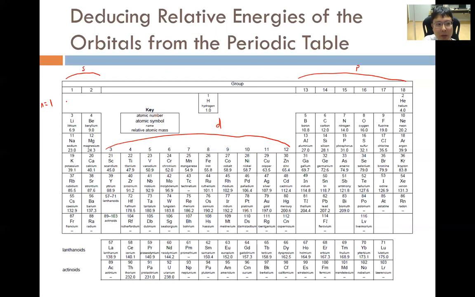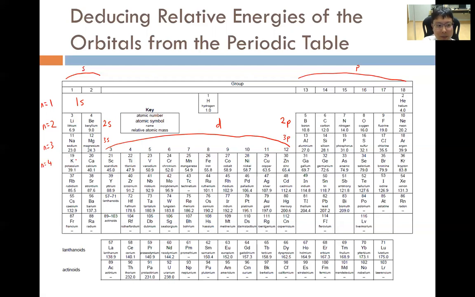Okay, so from n equals 1, we first have the 1s orbital here, and then when we go from top to bottom, when n equals 2, principal quantum number 2, this will be the 2s orbital, and then from left to right, this will then be 2p. So 2p is the next highest energy atomic orbital. Then we will go to n equals 3, 3s. So 3s is the next highest energy orbital, followed by 3p, followed by